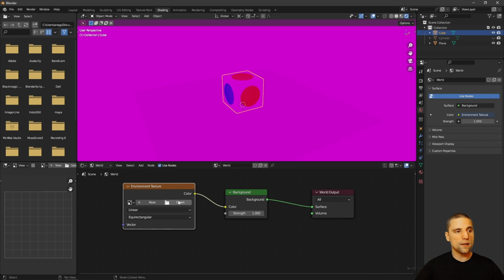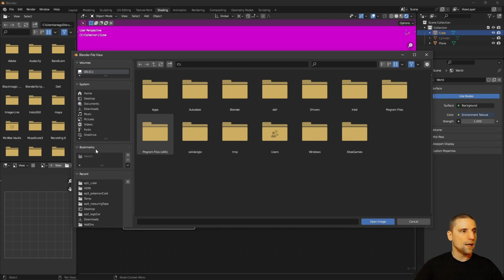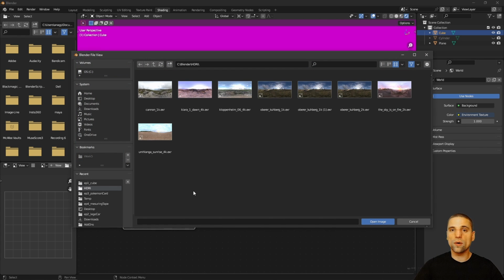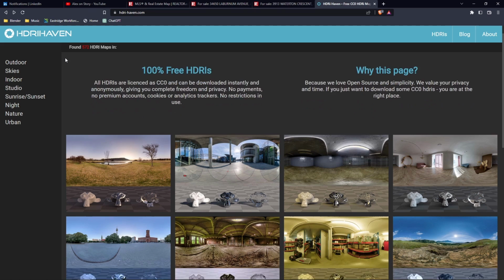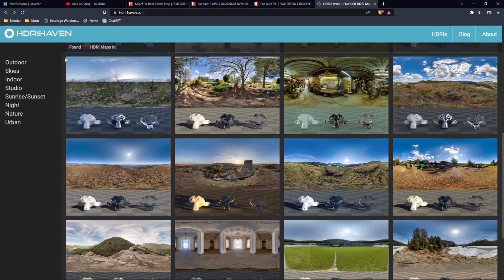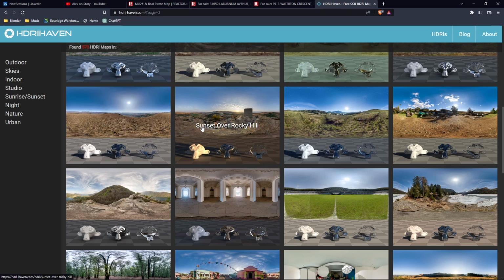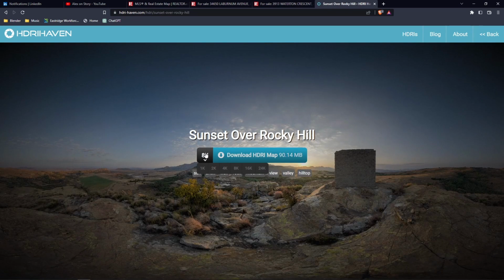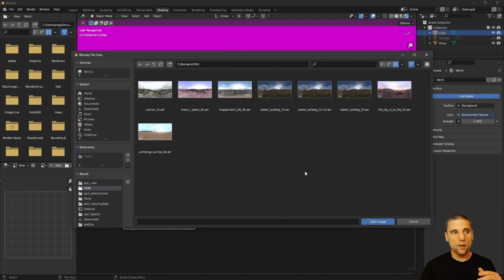So let's go find an image. Open and navigate to where you have your HDRI images. So here's a folder that I have, and I'm going to leave a link in the description to where you can download these images. The best place and where I went is a website called HDRI Haven, and they have great images, and they're free, and they have a whole bunch of different resolutions. So go check them out